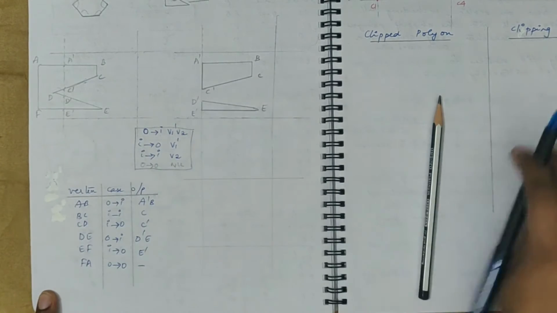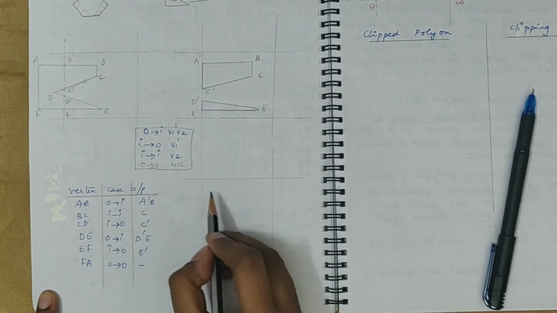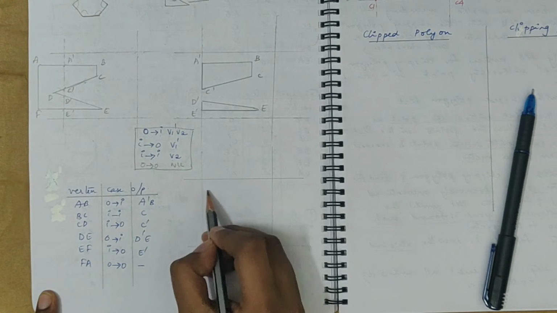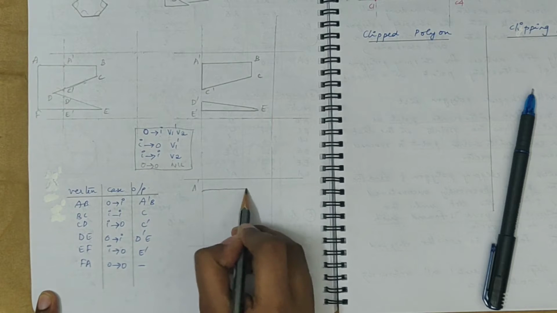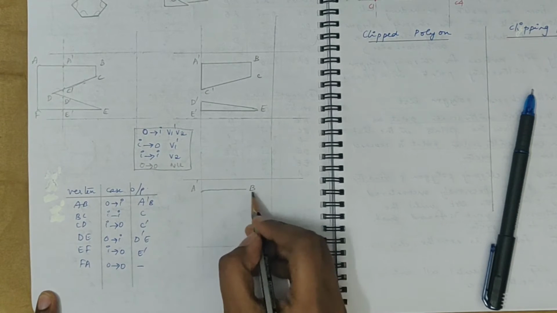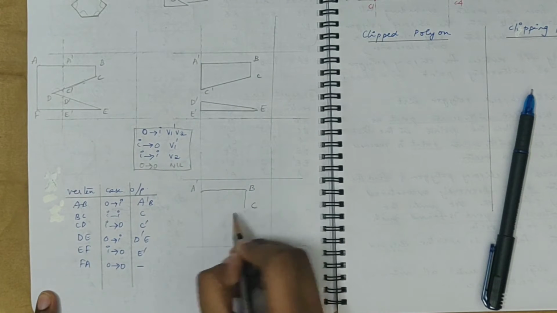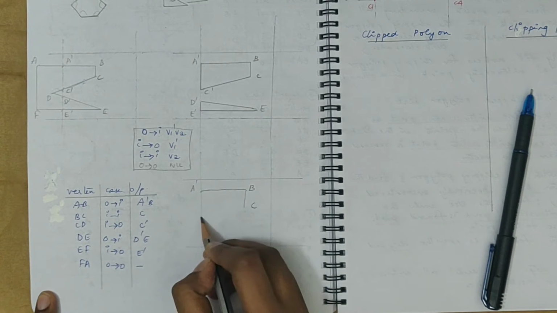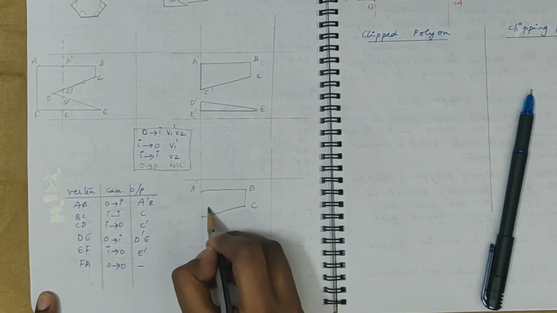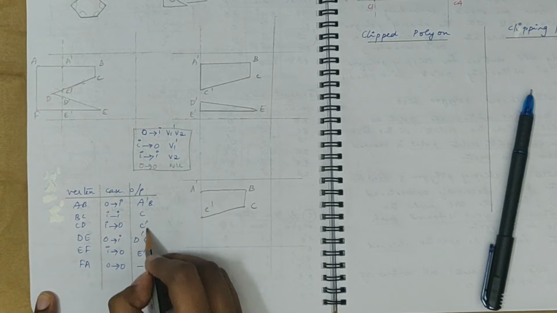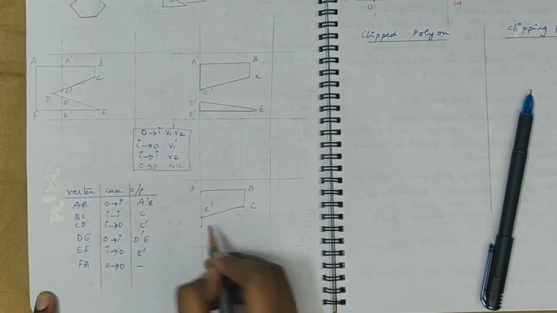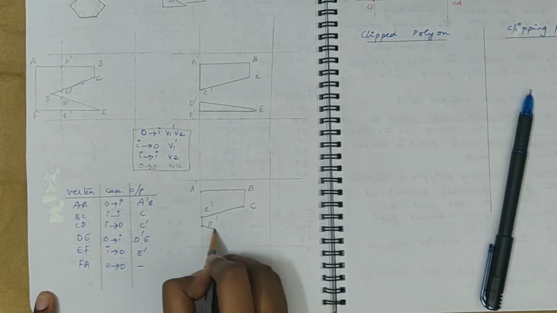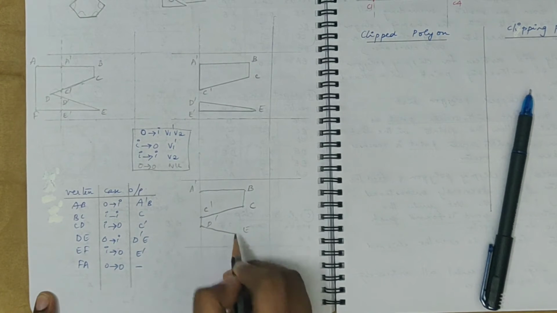So now this is the output list, right? With this output list, if I try to draw the polygon, you have A dash, then B, then C, then C dash, right? Then you have D dash E. So that means the next edge here is D dash. So D dash E you have, then you have E dash.